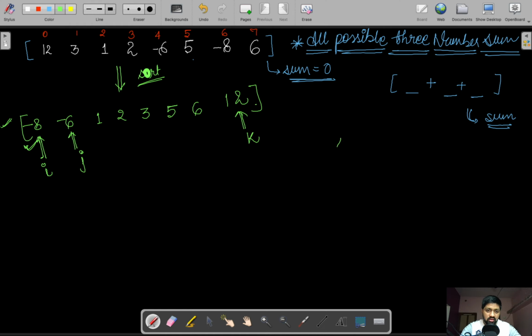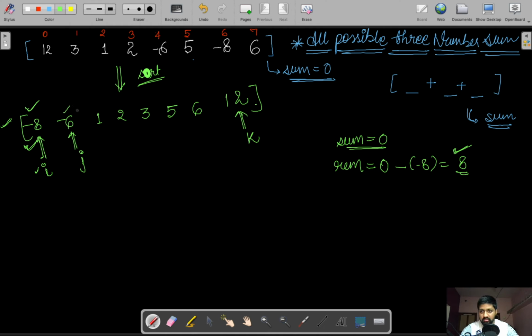In this case we have to generate a sum of 0. The first number is already fixed, that is minus 8, which is pointed to by i. So the remaining sum which we want is 0 minus minus 8, that means 8. So by using two numbers we have to produce the sum of 8.